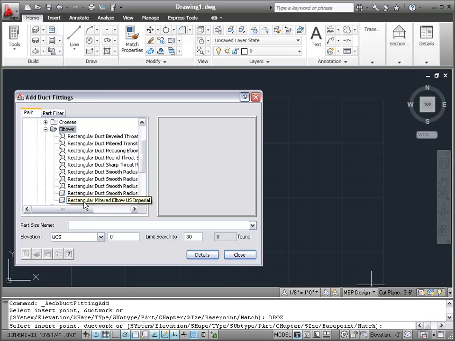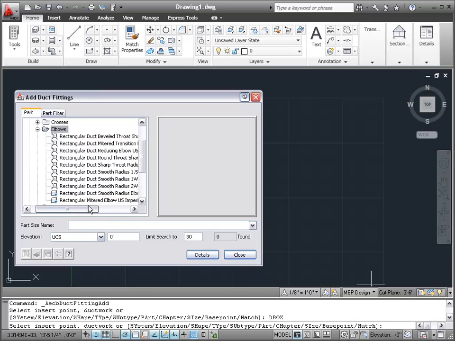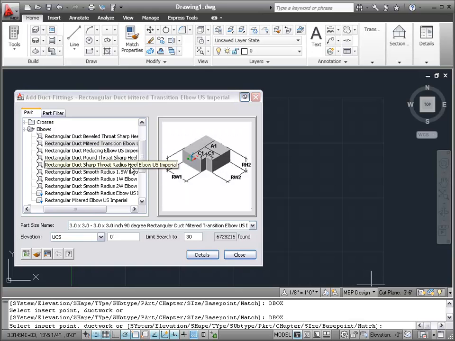and I'm going to choose a rectangular mitered elbow. I'm going to use this transition one, because it's more complicated than this mitered one. This mitered one's a little simpler, but this transition one allows me to demonstrate some things that get more points across in the video. So let's switch to the Part Filter tab,